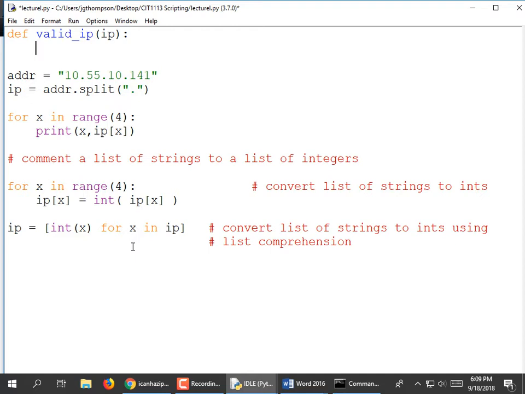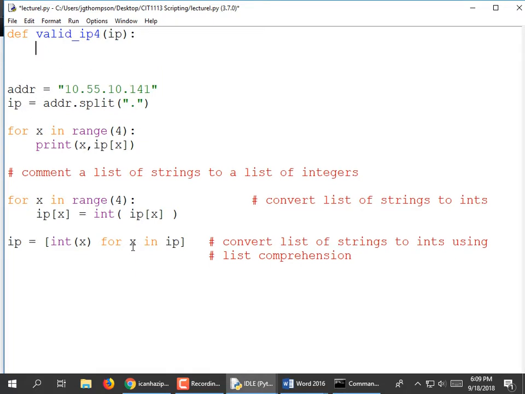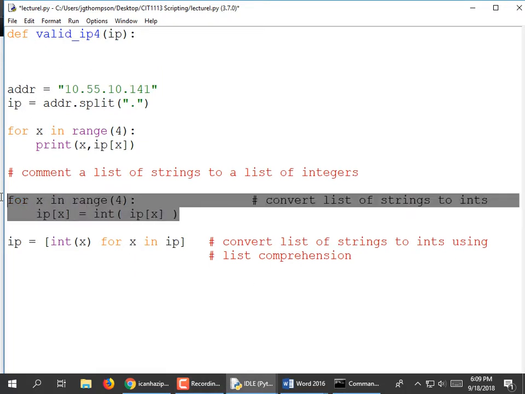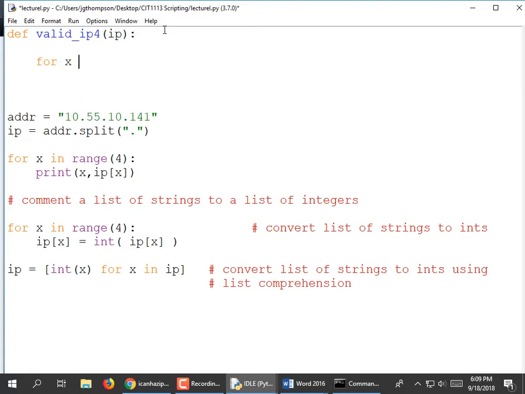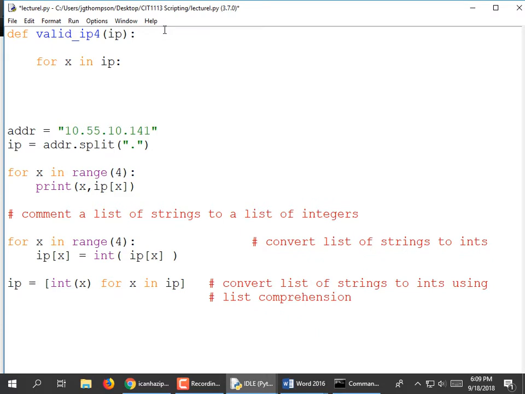Now, if you're taking a networking class, you know that there are also IP addresses that have 6 elements rather than 4. But in that case, you're smarter than me. I think I will call this valid_IP4, though, just as a nod in that direction. What I'm going to do is run through the list, and if I find a value that is not between 0 and 255 inclusive, I'm going to return false. And if I get all the way through it and none of them were wrong, then I'm going to return true. So, for x in IP,